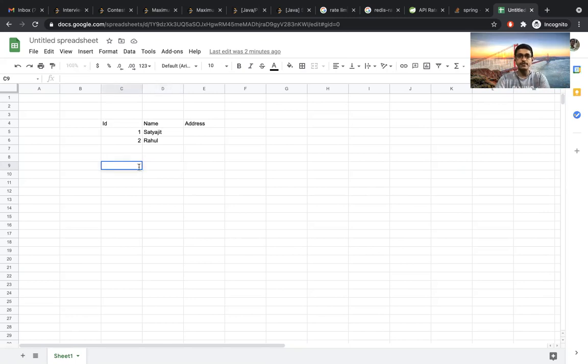Say in this case, GSI will actually create a replica of the table, which will have name and ID, and the name will be the primary key, which is different from the actual table's primary key. This is the GSI, and ID will be here. In this way, this is also treated as a primary key, so that you will get the faster results.